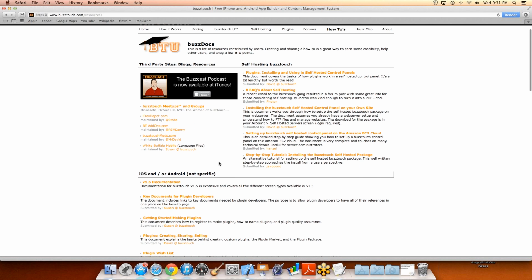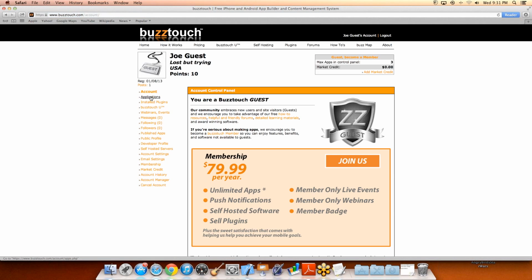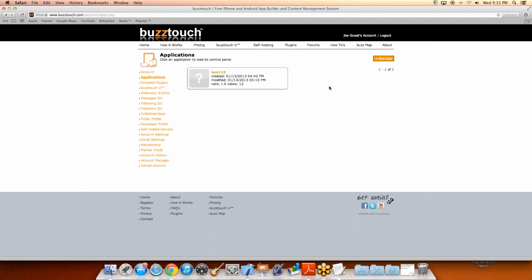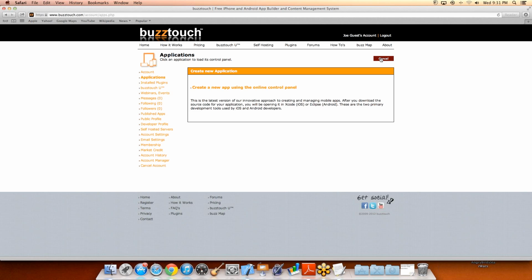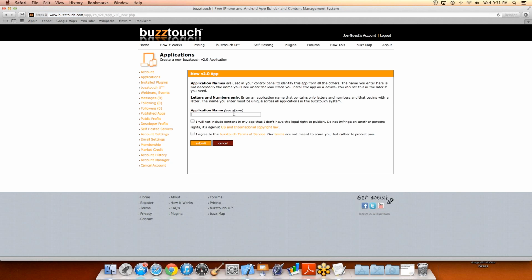Going back to my control panel, and clicking on applications. This would be where my list of applications are. And I'm just going to click on new app, which brings us to that little screenshot that we had in the demonstration. I'm going to click on create a new app using the online control panel, which is going to ask for a name. So I'm going to call it new user demo